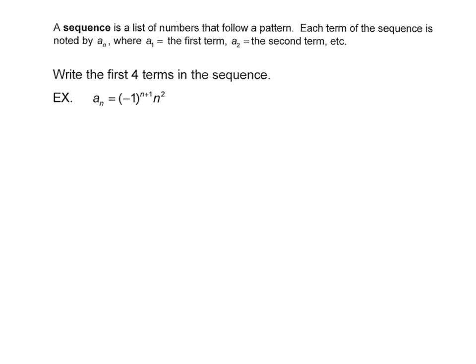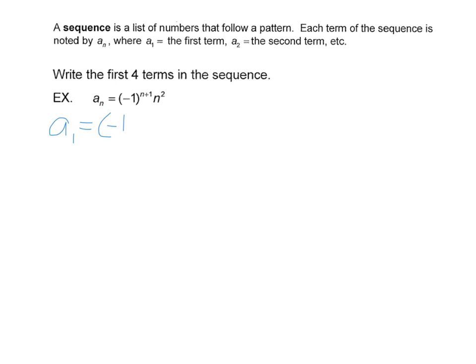In this first example, we're asked to write the first 4 terms in the sequence. So we have the pattern given to us in the formula, a sub n equals negative 1 to the power of n plus 1 times n squared. So we start by, for the first term, replacing the n with 1. That indicates the first term, and since n is 1, everywhere in the formula I see an n, I replace